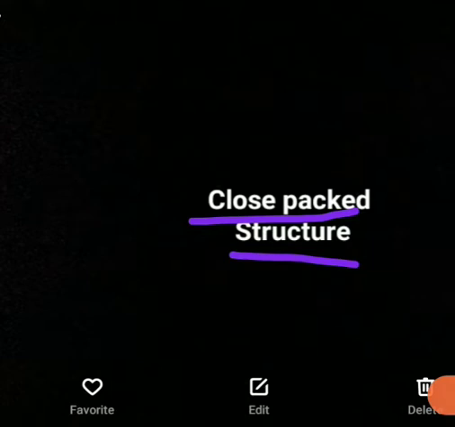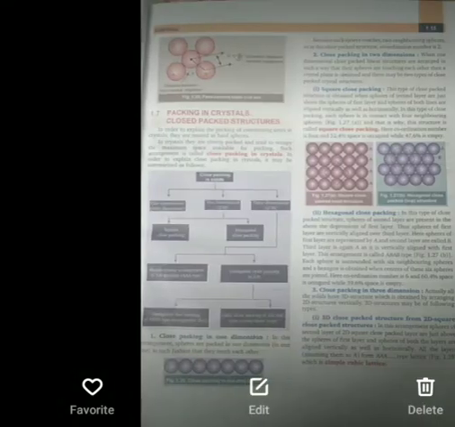From here you can correlate what a close packed structure is. It is simply the maximum occupation, or you can say the maximum space available for packing. Such an arrangement is called close packing in a crystal, or a close packed structure. So let us see what this is defining.